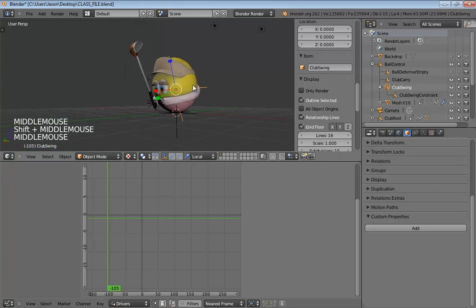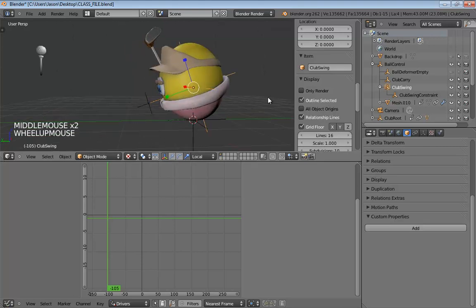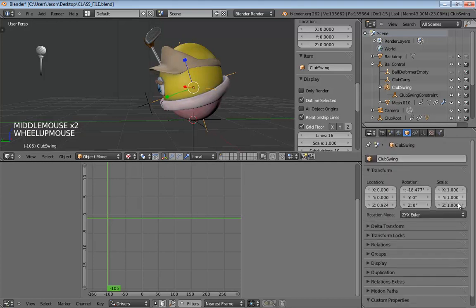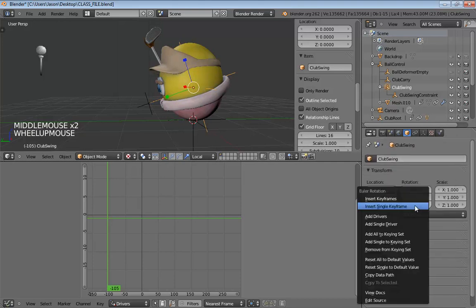Let's see. Where was I? I am doing the next thing, which is the club swing. Fantastic. So, same as before, we need to rotate this. And remember, we set this up so that all we have to do is rotate just the Z-axis. So I'm going to right-click on rotation and add a single driver again.